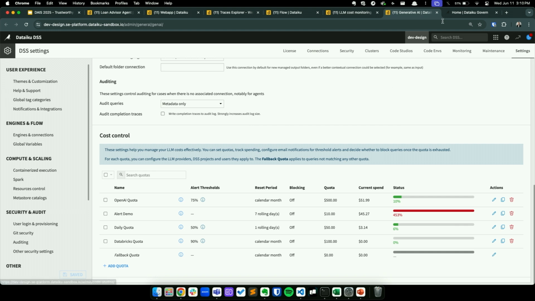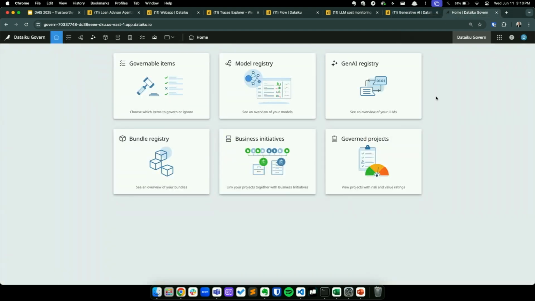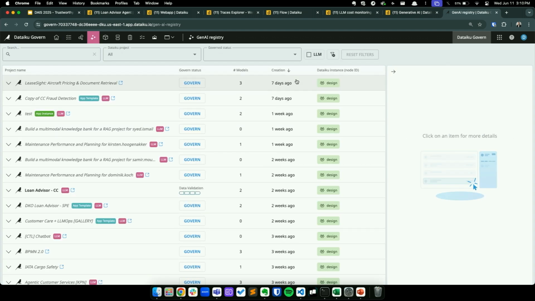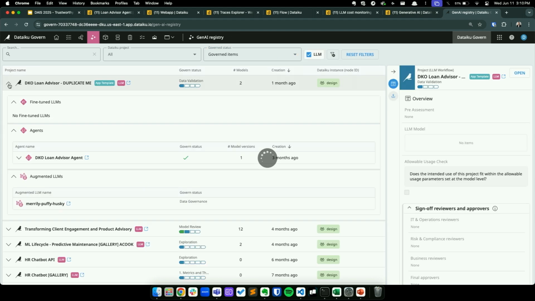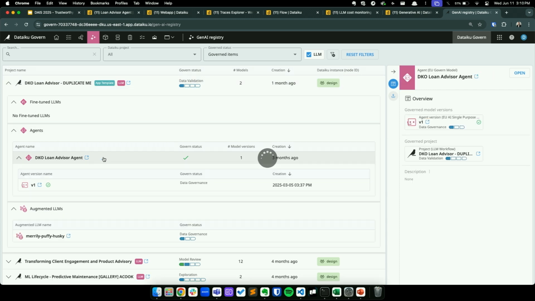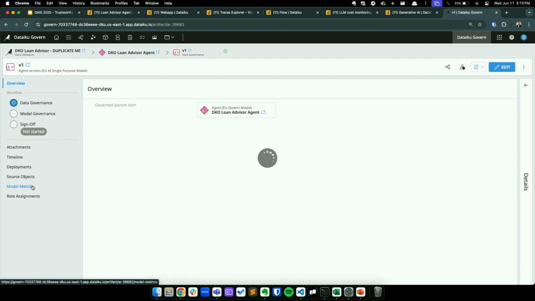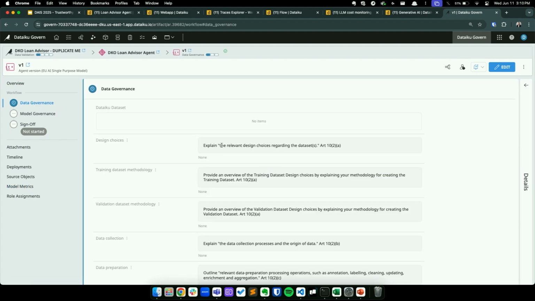Last but not least, I do want to also call out the fact that Dataiku has a governance capability built over top of the platform, such that you're able to see all of your Gen AI and agentic use cases in one view, or one pane of glass. So you'll be able to view all of your agents with their corresponding performance metrics and build an approval workflow process around these agentic use cases as well. So you can define what exactly needs to happen and be documented prior to this agent being pushed to production.